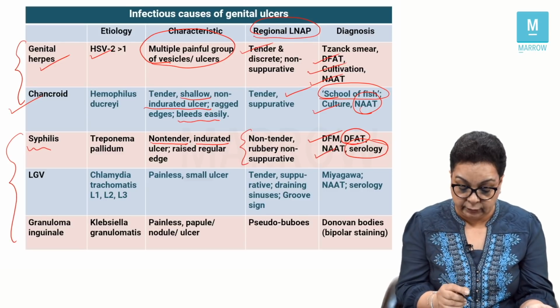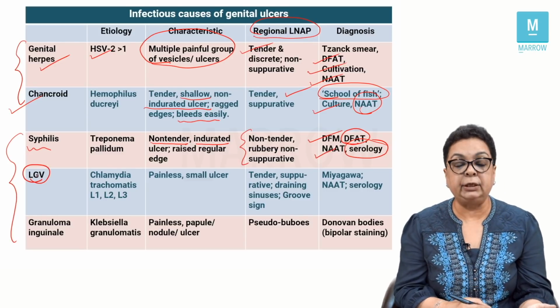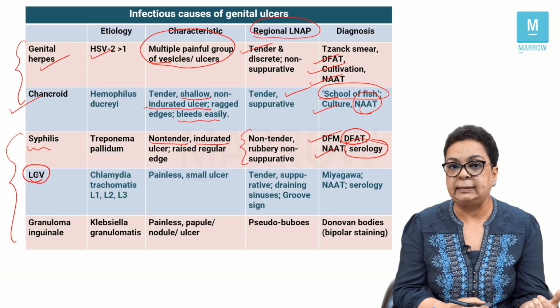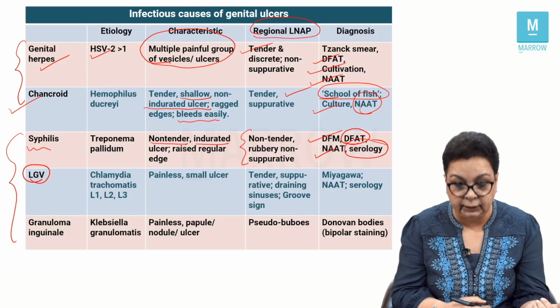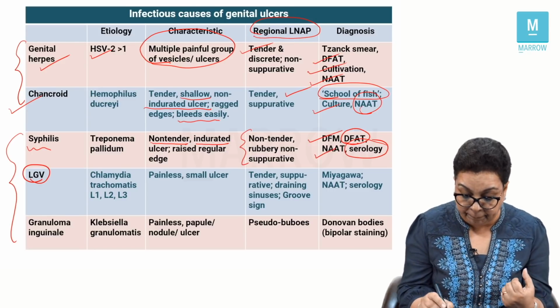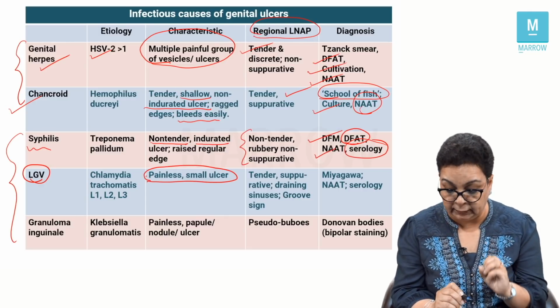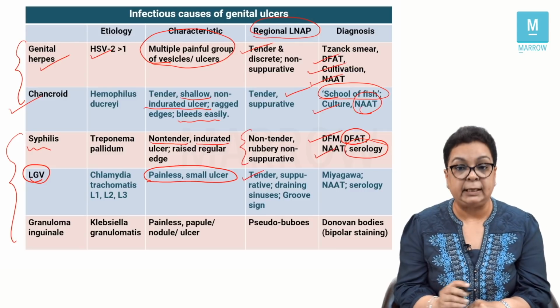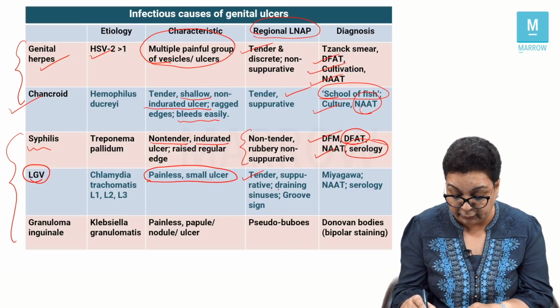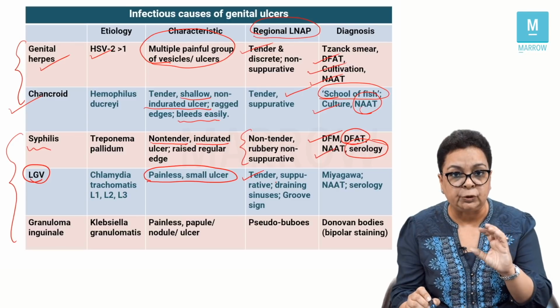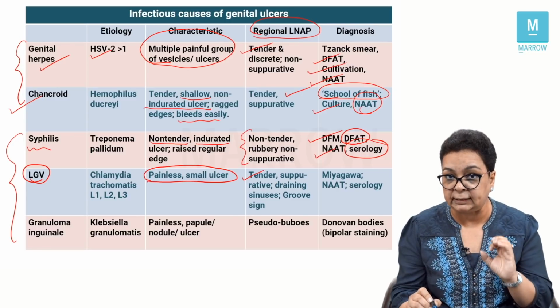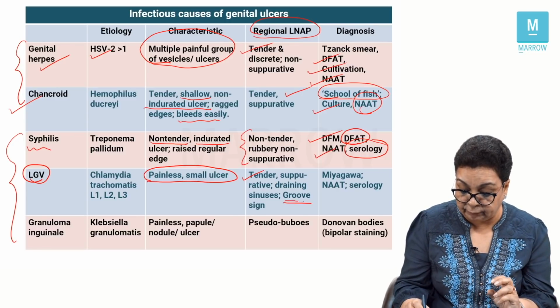So the next one is lymphogranuloma venereum caused by Chlamydia trachomatis L1, L2 and L3. This is associated with a painless small genital ulcer which heals very rapidly. It is associated with tender suppurative lymphadenopathy. Many times these lymph nodes break onto the skin forming draining sinuses, and what we can sometimes see is the